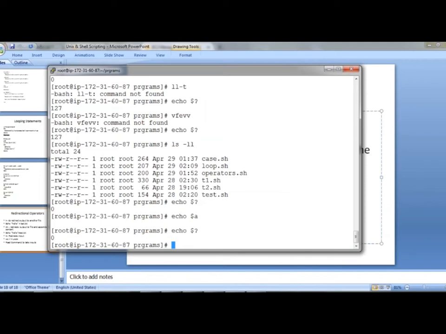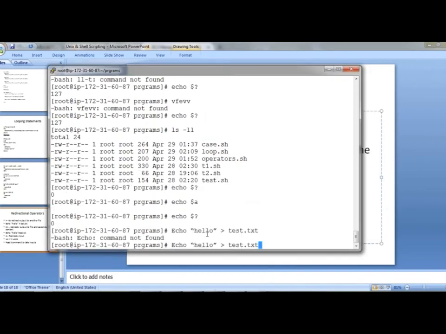do we have any file? Okay, no. Okay, I'm saying print hello, and whatever you print hello,